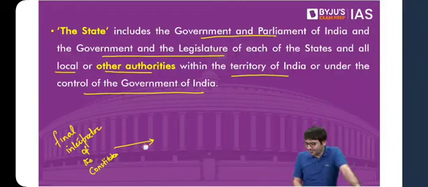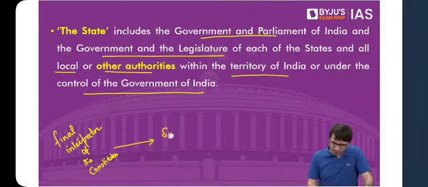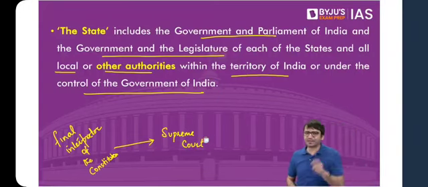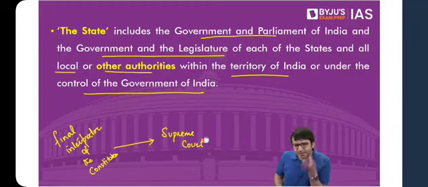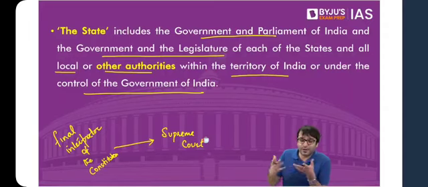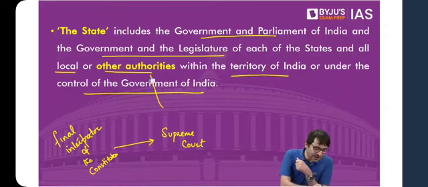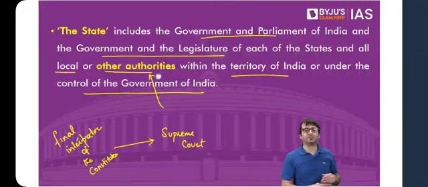Who is the final interpreter of the constitution? Very good. The answer is Supreme Court. That is why in the first class I gave you the definition of a constitution. After all, what is a constitution? Constitution is what the Supreme Court tells us it is. That is a constitution. And what it is, these other authorities, Supreme Court in various judgments have now explained